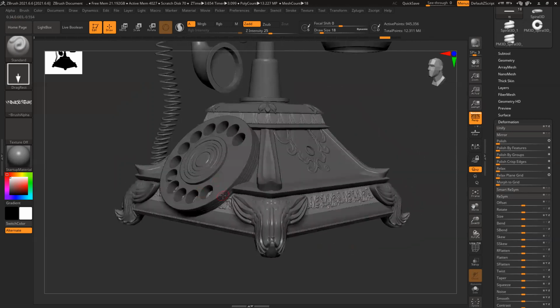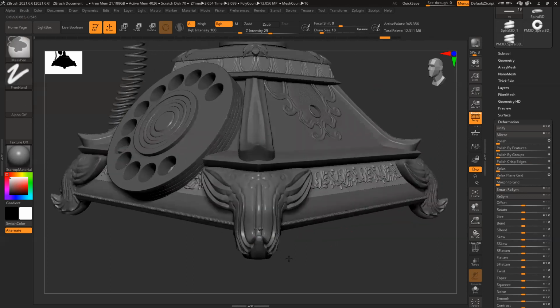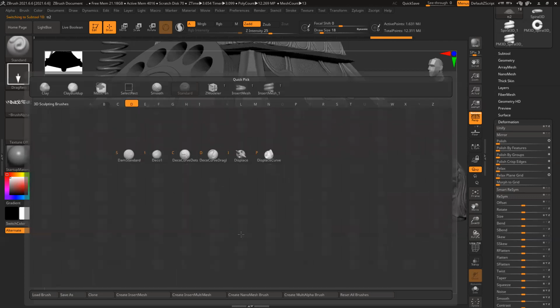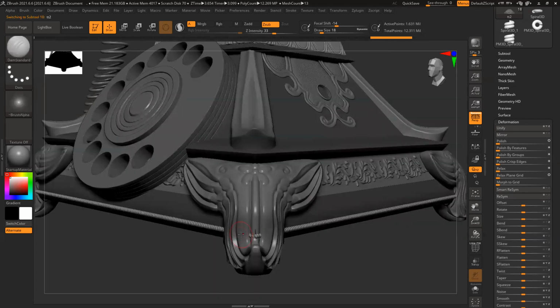For this corner, those designs, I'll create separate geometry and place them. This kind of shapes, I can use Dam Standard, or I can use Move brush, any one of them basically.